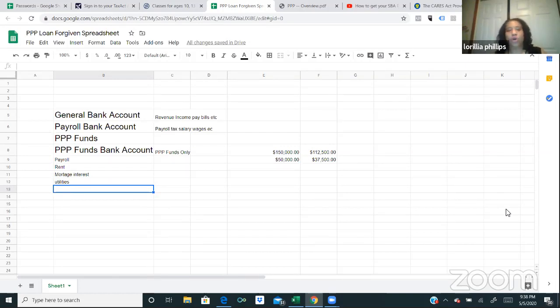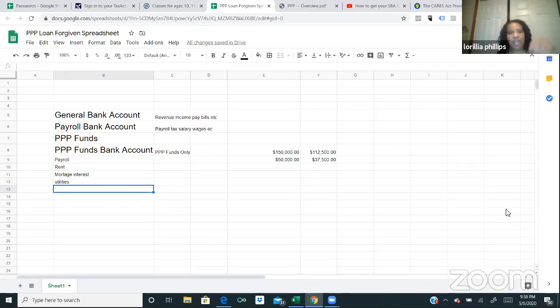It has to go 75% to payroll, although you could pay those other things, but understand where the bulk of the funds have to go. So now that we know we're starting with the end in mind, we know we want to get our loan forgiven. These are the items that would have to be used with that bank account